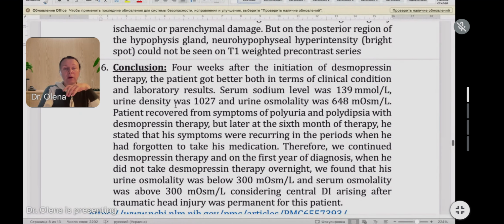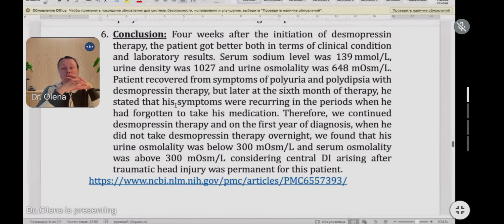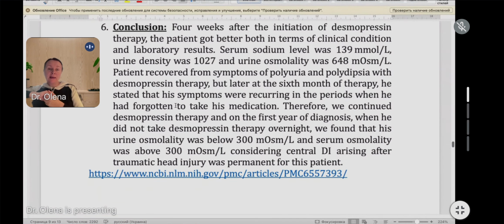Therefore, one conclusion was made. The desmopressin therapy was changed, and the conclusion about constant trauma affection of the posterior lobe of the pituitary gland was determined. So the patient has permanent signs of brain injury, and the patient needs to take desmopressin